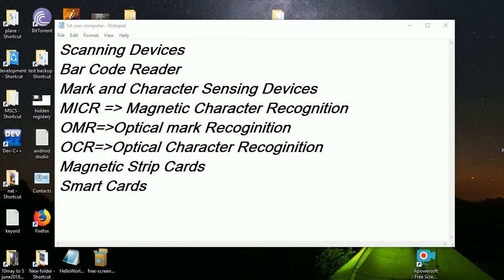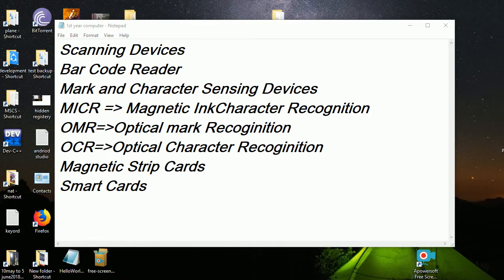The second device is mark and character sensing devices. Mark and character sensing devices are those devices that are used to read marks and characters. Characters are symbols, marks are also circular symbols. The first device is MICR, magnetic